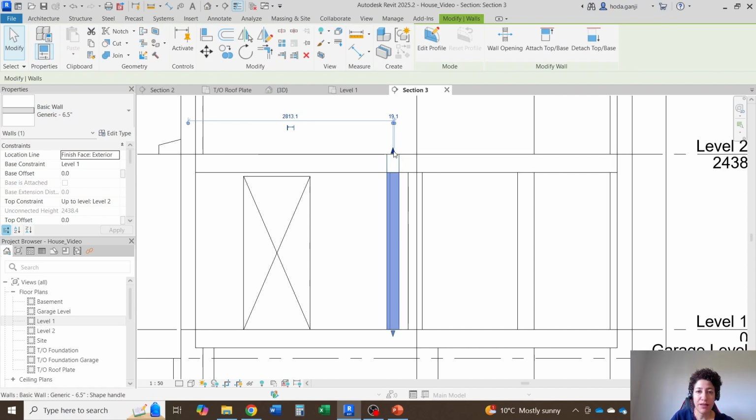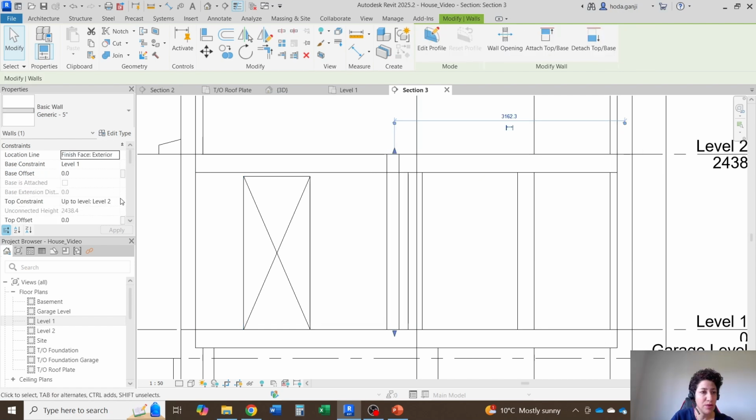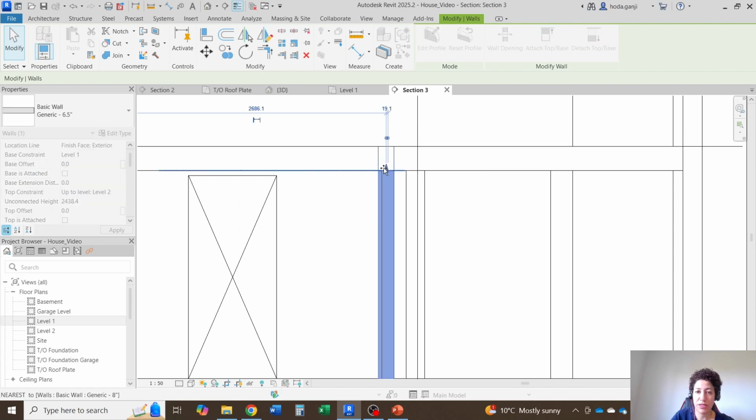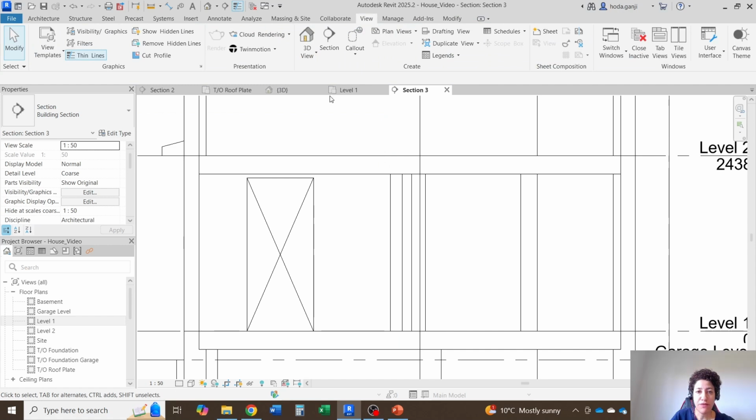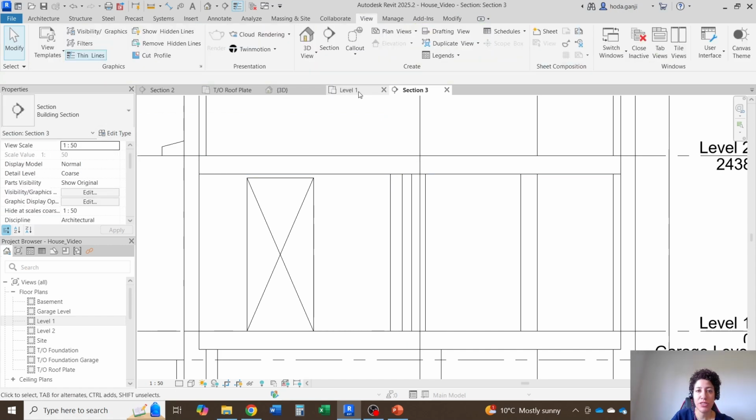Or the third way is if you know the thickness of the floor, you can grab that interior wall and, to the top offset, assign, for instance, negative 10 inches, and it will be exactly the right size. And you need to do that for all your interior walls. Or if you already know the thickness of the floor, which in this case is 10 inches, when you are